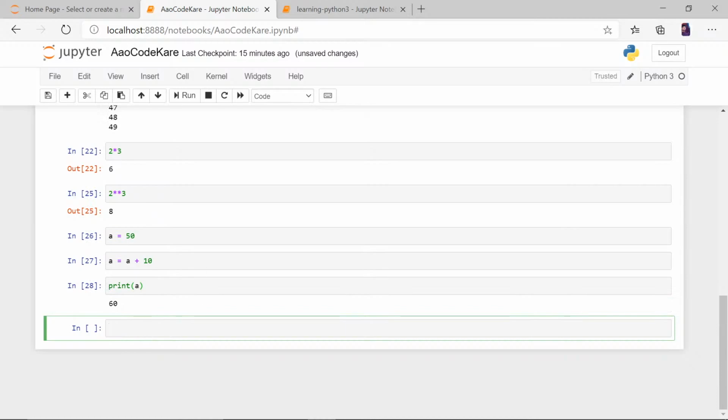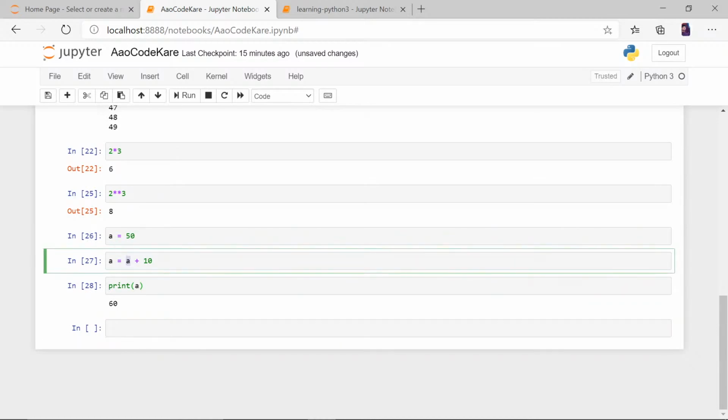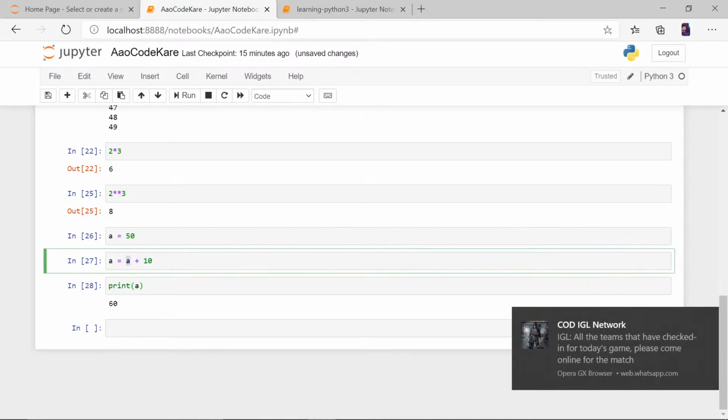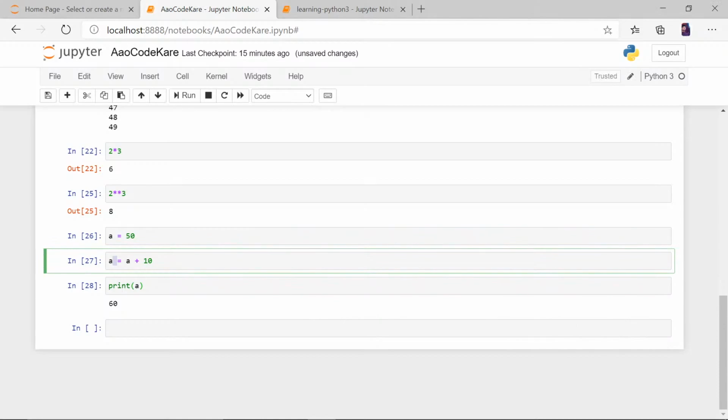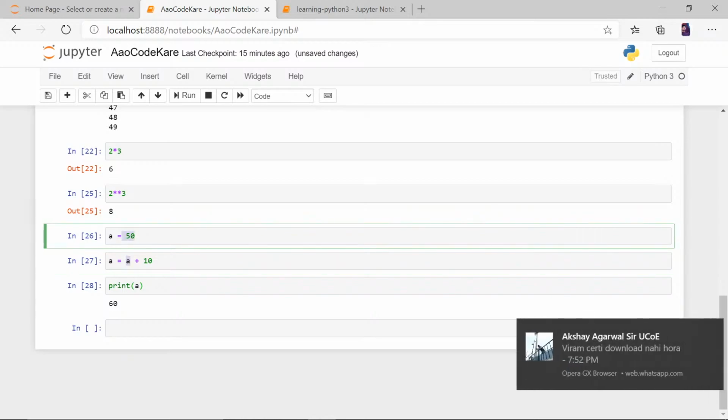So what this does is we took a. What is the value of a? Always when you are using this assignment operator, equal to or whatever, always look at the right hand side first. So in the right hand side, a is 50, plus 10.